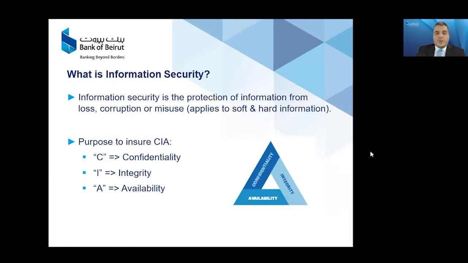So the purpose of protection is to use the CIA triad, the triangle, which indicates the C for confidentiality, I for integrity, and A for availability. So confidentiality is when we make sure that unauthorized users cannot access the data. So only authorized users can access the specific type of information, emails, reports, documents, images, media.